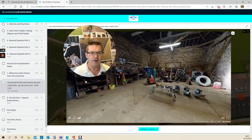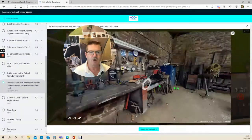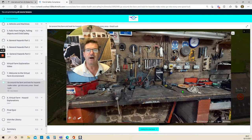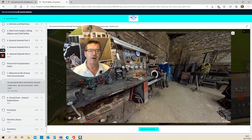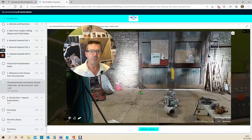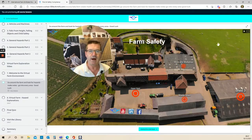Oh, and you end up in a different part of the workshop where you can do a similar type of thing. You can come across to the workbench and you can zoom right in. Look, again, you're looking for hazards in this particular environment. And then once you've been through all of the different areas, and you've made a note of all of your hazards, you'll come out, you'll finish that chapter,